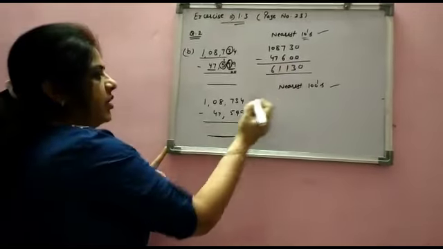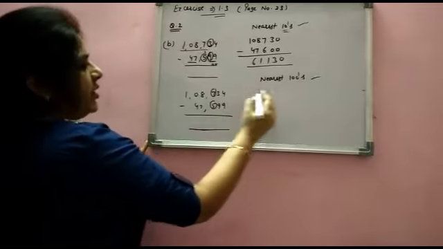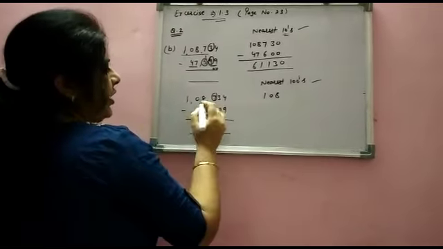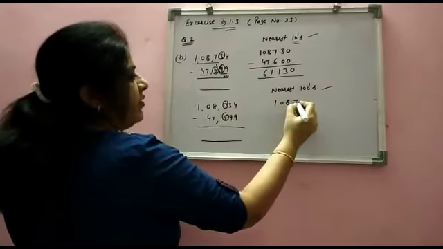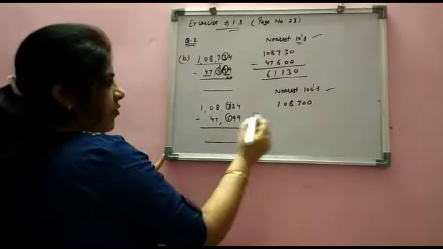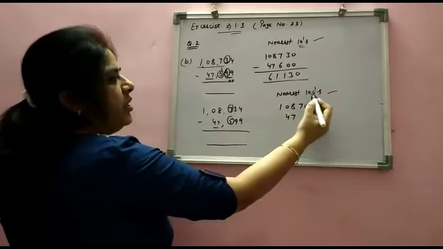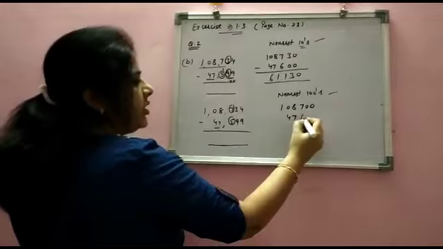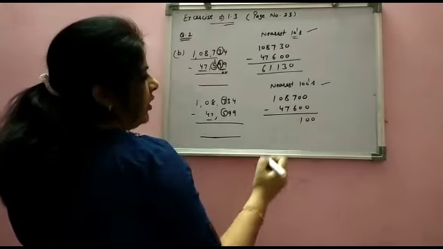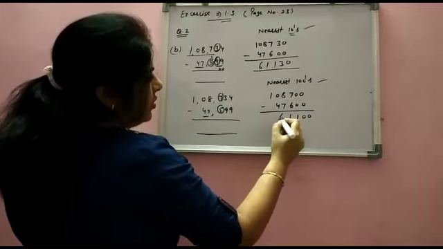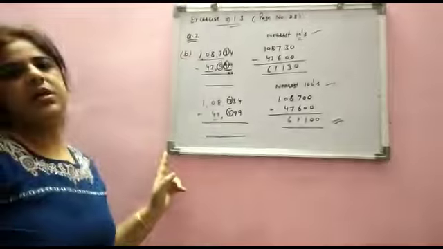Now its nearest 100, this is your 100 place. Now this will remain the same. And 734 estimated to the nearest 100 would be 700. Same, 47 will remain the same, and 599 estimated to the nearest 100 would be 600. Now you just subtract. What would that answer be? This. So in this way you do the rest of the parts, and we will discuss the answer later.